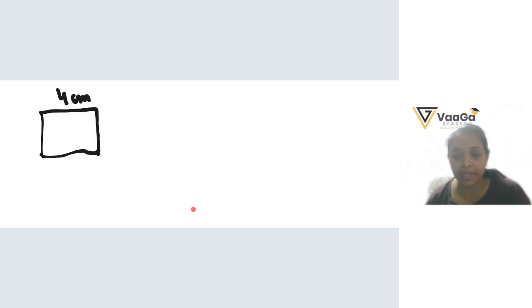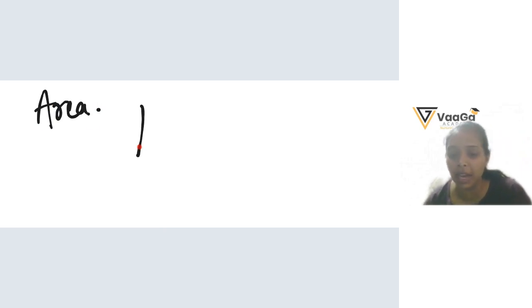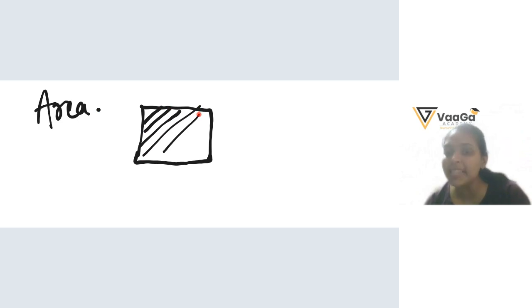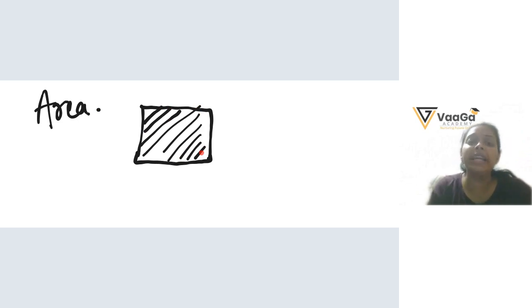Very good. Great. So today we'll learn about the term called area. Basically, let's say this is the figure we have. Now, perimeter is the boundary. If it has a boundary, it has some space inside that boundary. That is known as the area. So, what is the area? The space inside the boundary is known as the area. Now, how do we find area?